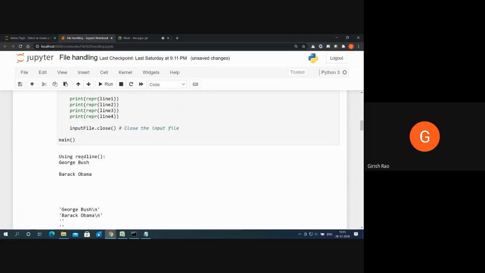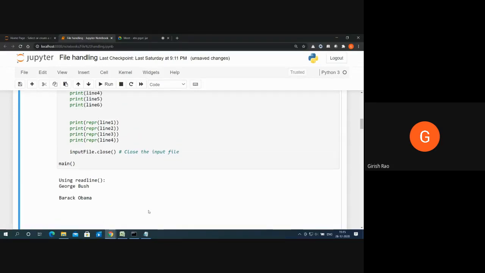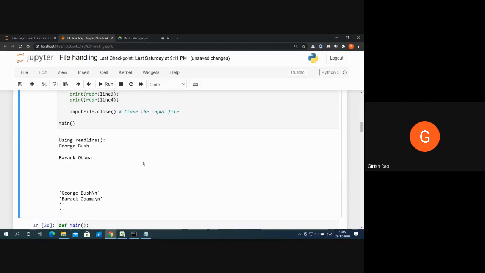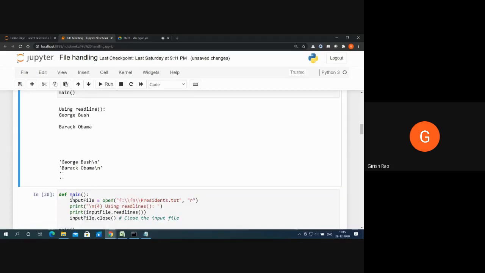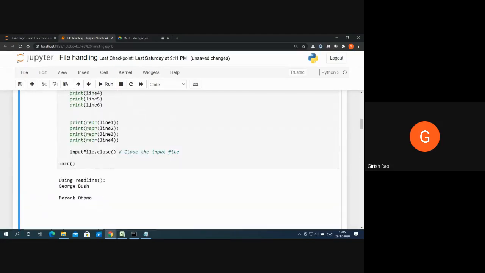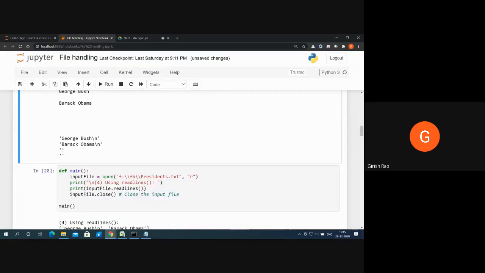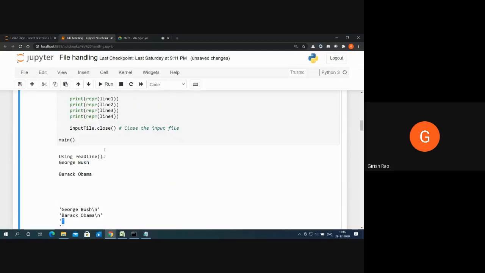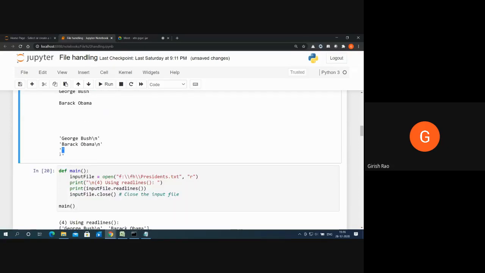There were so many more lines over here, blank, blank, blank, nothing is there. It doesn't complain. REPR line 1: George Bush backslash n, no issues. REPR line 2: Barack Obama backslash n, again no problem. For this particular line, nothing is found, so it displays a pair of single quotes. Again, REPR line 4 displays a pair of single quotes, no problem.